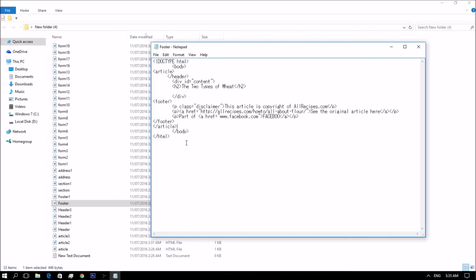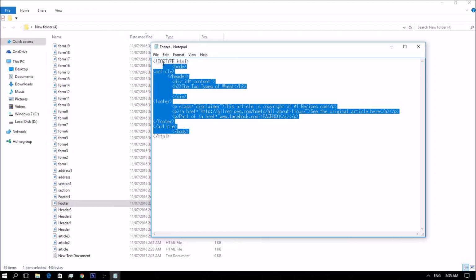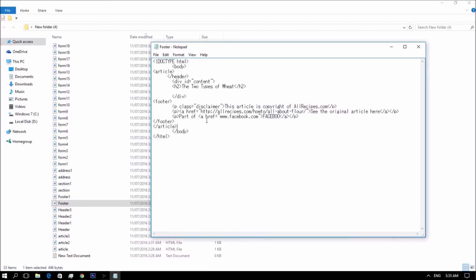So this is my example for the footer. This means that you can have multiple footers on the same page. If you have several blog entries on one page, every blog entry can have its own footer and the page itself can have its own footer too. Using the article as an example, you could use the footer element like this.